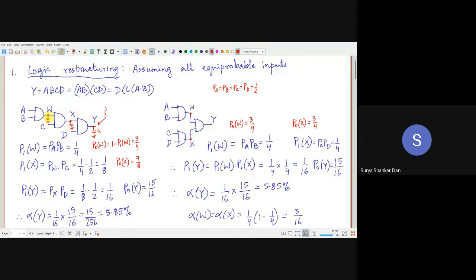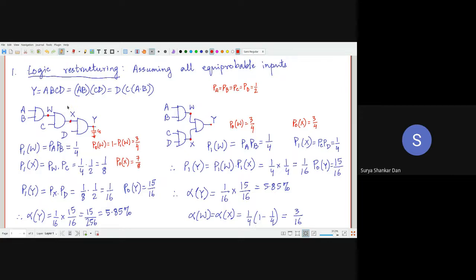Even if you do not put any load capacitance specifically, they will anyway have the parallel combination of the capacitance seen at this node, so basically the sum of the capacitance seen at this node and the capacitance seen on this other node. This is the input, this is the output. It's the same thing over here. So please do not calculate only the power at the output node. You have to consider the power consumption at each of these nodes.